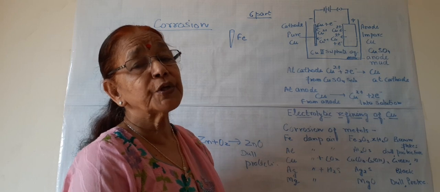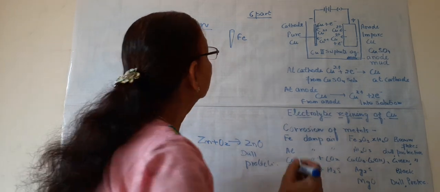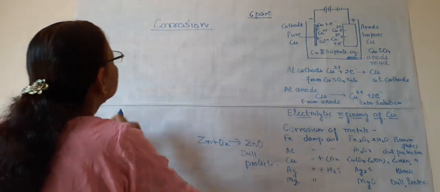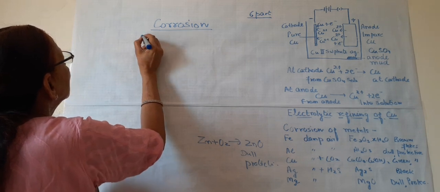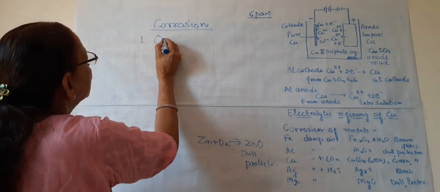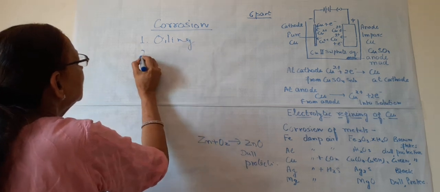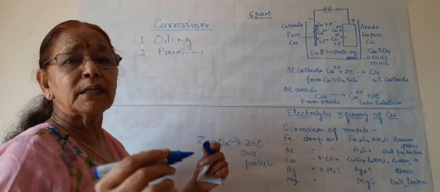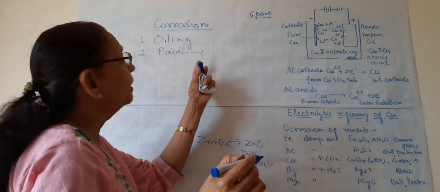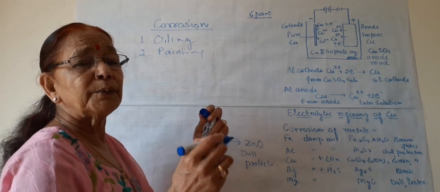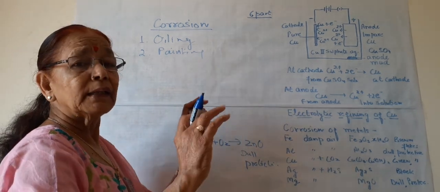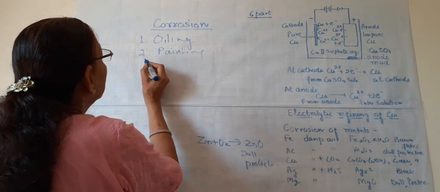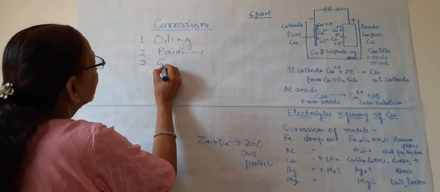Now how can this corrosion be checked? How can we check this corrosion? There are many methods. The simple methods all of you know. The metal can be oiled. Oiling can be done on the surface. Painting can be done. You must have seen the big bridges or machine parts or the motors. They are painted with different paints, red, blue, green, and due to this painting, the surface is blocked and air cannot work on the surface. So oiling can be done, painting can be done, greasing can be done,